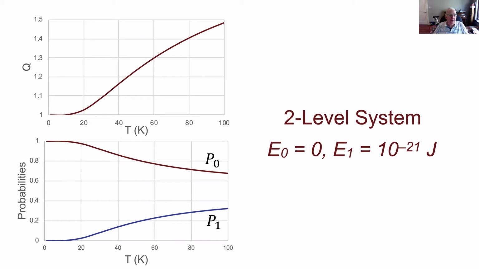And when I do that, I get plots. And I've got 2 sets of these. This one is in the low temperature range, up to about 100 Kelvin. And then I've got one that goes higher temperature that I'll flip to in a moment. I couldn't really fit them all on the screen at a size I liked and make all that work. So here we've got the partition function up on the top, and we've got the probabilities for the 2 states